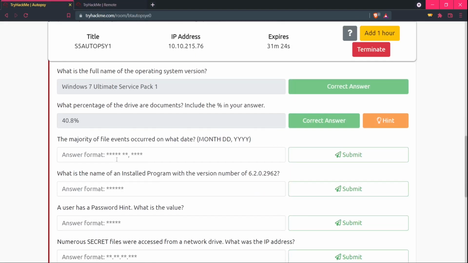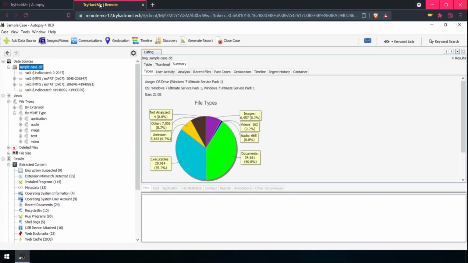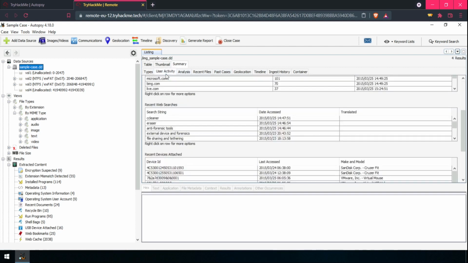Okay, so you have now got a hold of the user interface. The question is, majority of the file events occurred on what date? So we need to find what date the file events occurred. Let's see if we can find out on the user activity, maybe we can get over it.